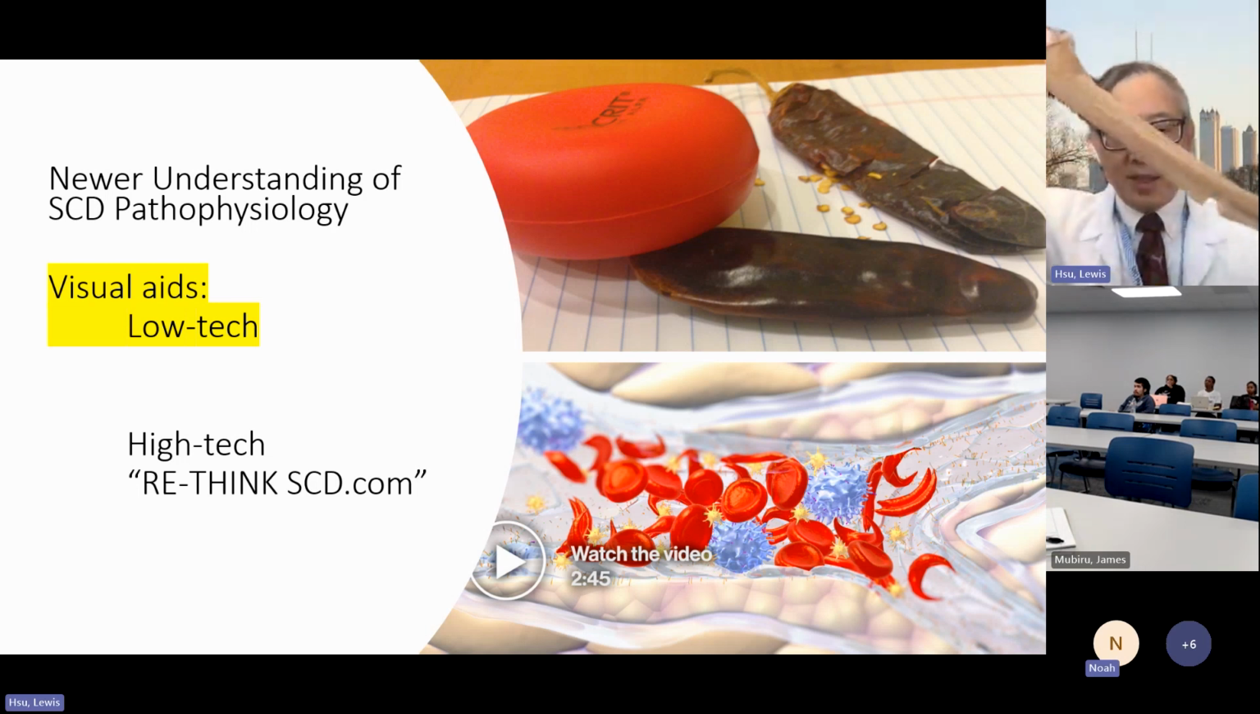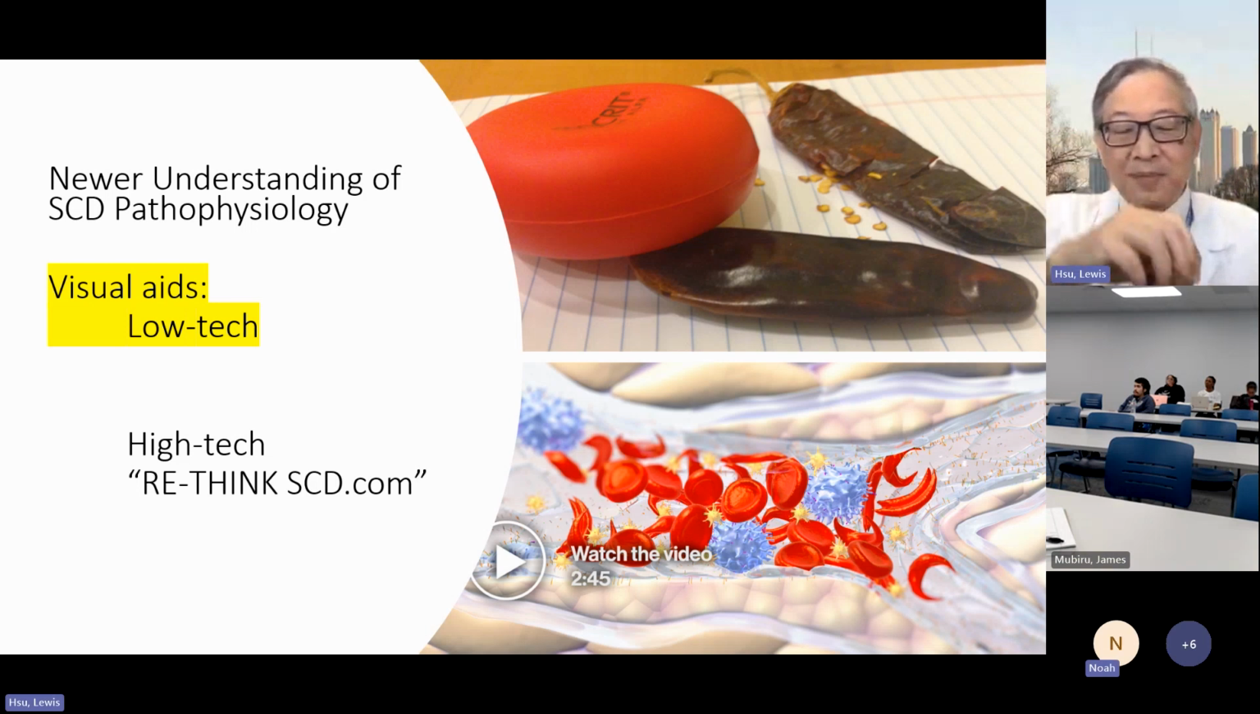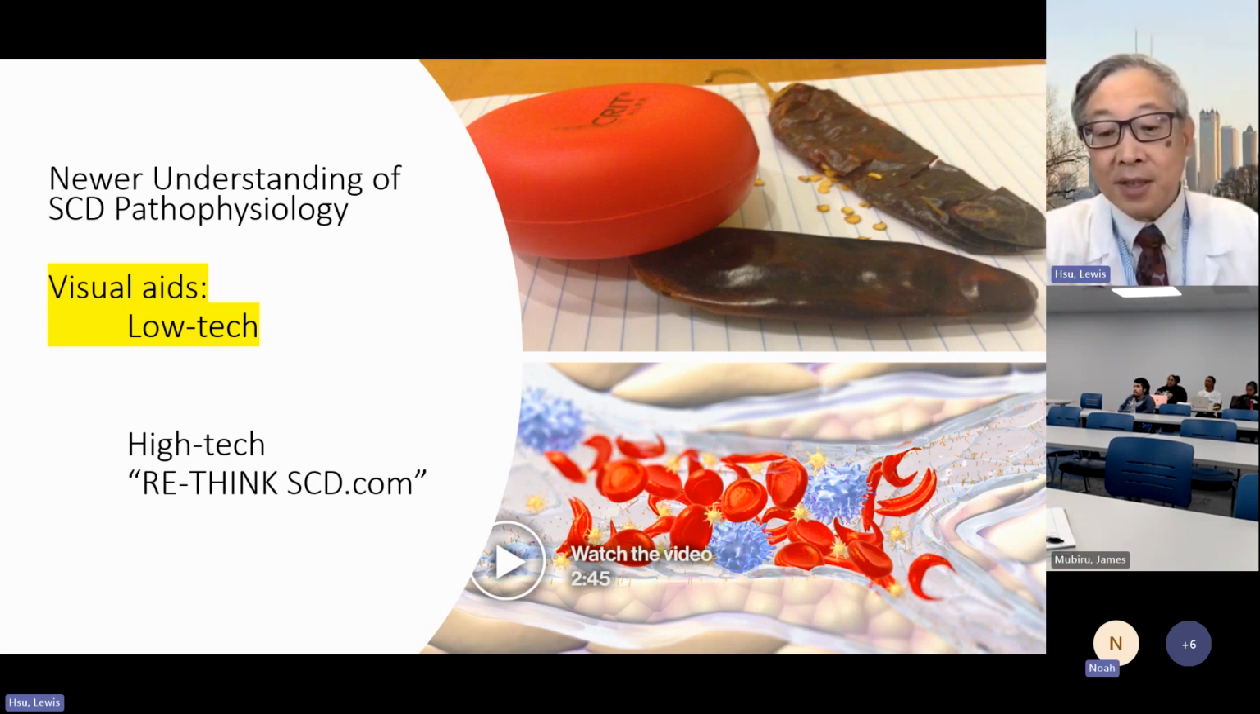So you can pretend that this stocking, can you see the stocking? Yes. We'll pretend that this is